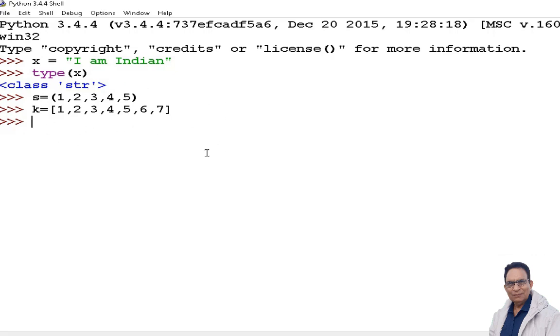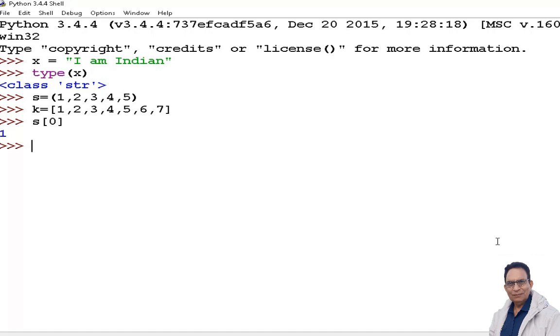Now let us see, can we access the elements of this? Before that, I should tell you, these are the indexed elements. Indexed elements means they are accessed through some number value. Like if I want to access the first element of it, I write s[0]. Close the parenthesis.